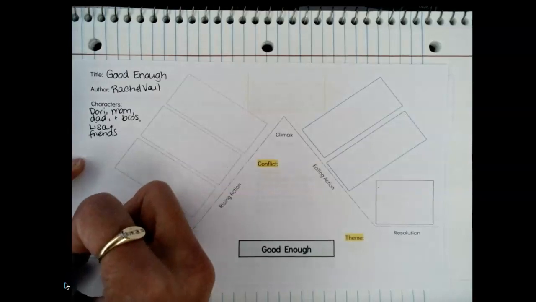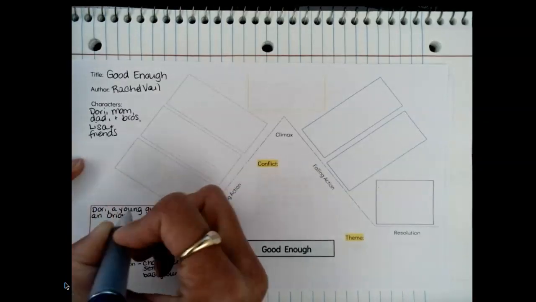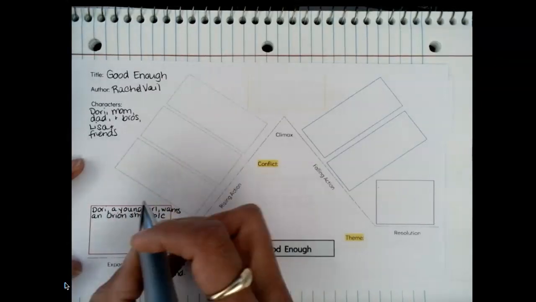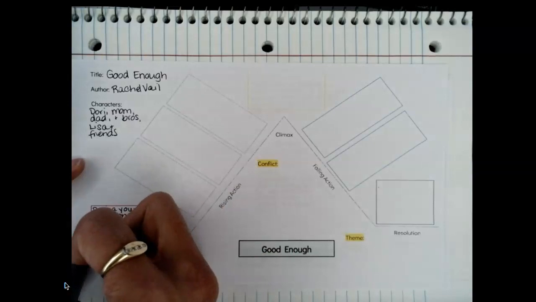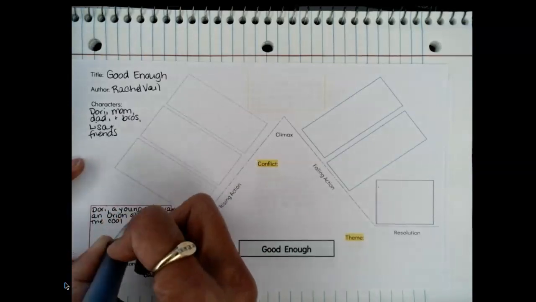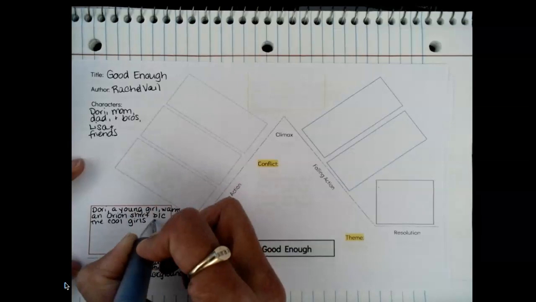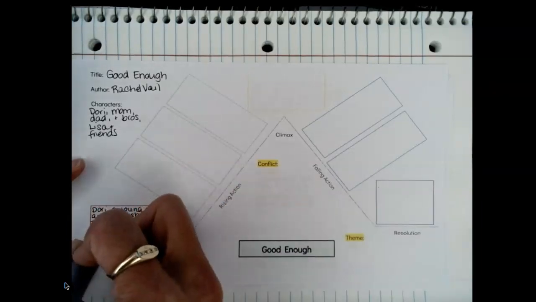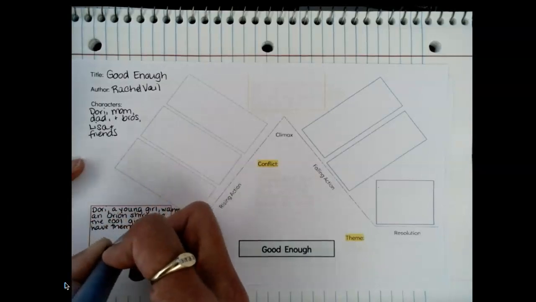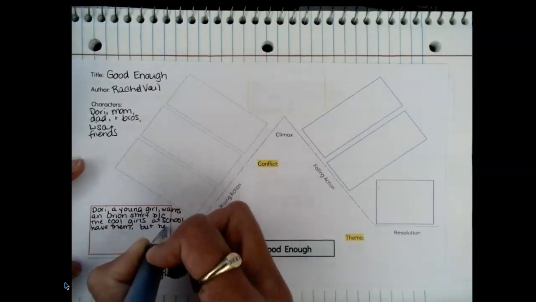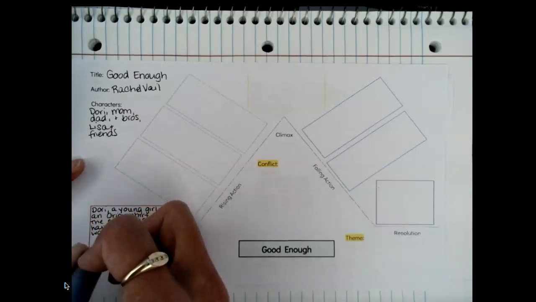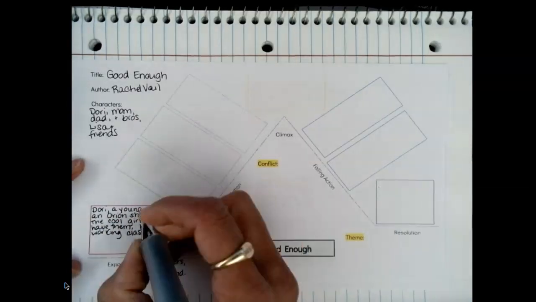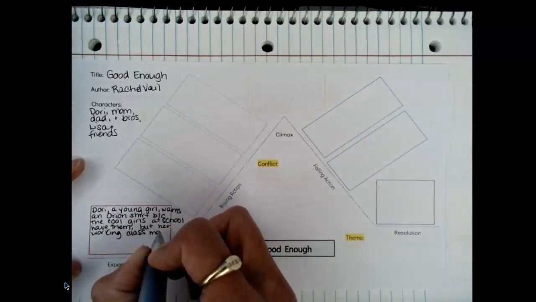wants an Orion shirt, because, that's my abbreviation for because, the cool girls at school have them, but her working class mom, working class just indicates that the mom is working for all of the money they have. Mom